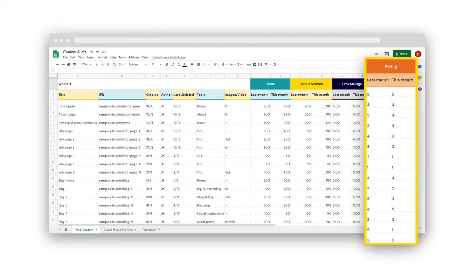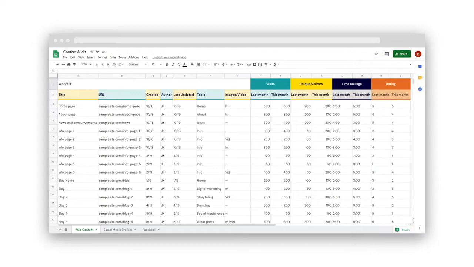You can even go through and rate each piece of content on a scale so you can keep the top-rated content, update the mediocre content, and get rid of the lowest-rated content. And now that you have identified your top-rated content, check whether you should share some of it again on social media. Finally, remember to use this data to inform your future content strategy.